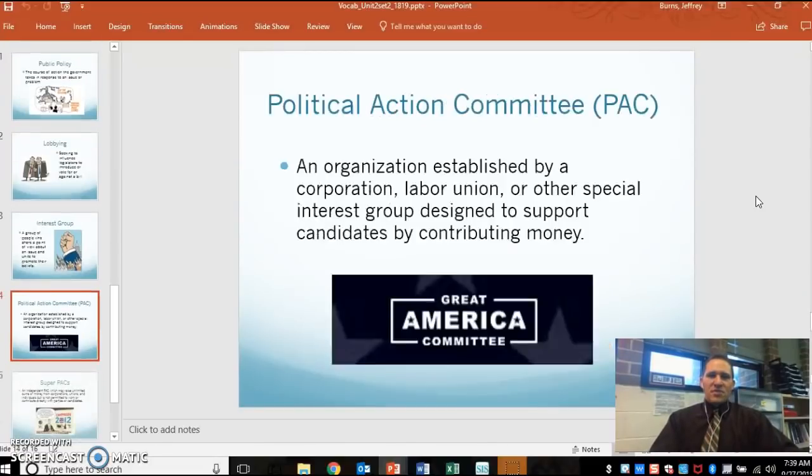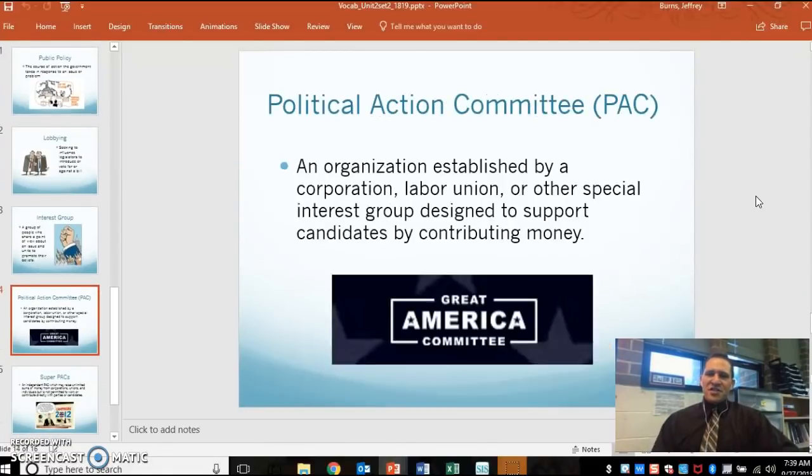Okay. All right. Political Action Committee, or a PAC. Their main focus is just to donate money to campaigns, again, to influence. But they're not as focused on issues as they are on political parties and on campaigns. Okay? The Great America Committee is an example of one. Usually they're either conservative or liberal, and their main focus is to contribute money. However, PACs have limits on how much they are allowed to contribute to campaigns and to individual candidates. There are limits that have been in place. However,